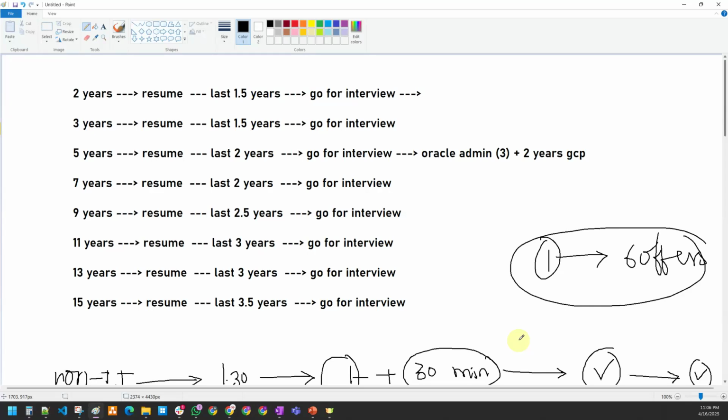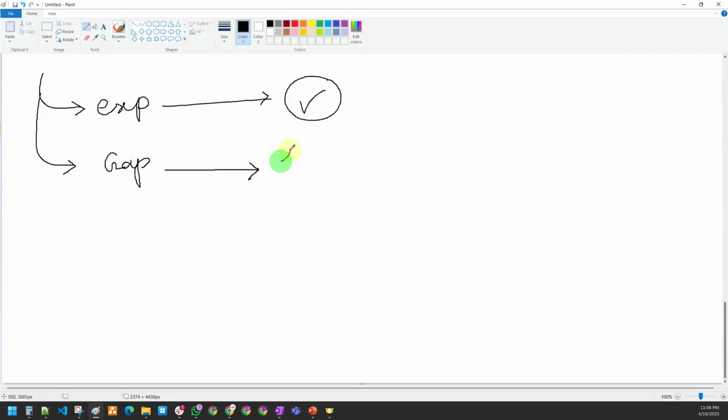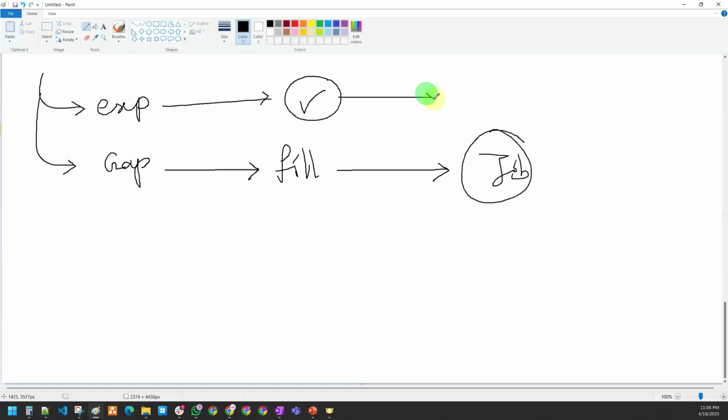The only thing is that you should have proper experience documents. If you are working in some company, they will give you proper experience documents. Some people may have a gap. If you know how to fill up that gap, the course will give you the job. At the end of the day, whether you are experienced or not, you need to learn some course. The course will give you the job, and if you have a gap, you know how to fill it also. Then attend my course and get the job. That's what I can tell you.